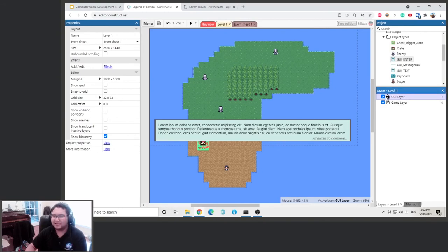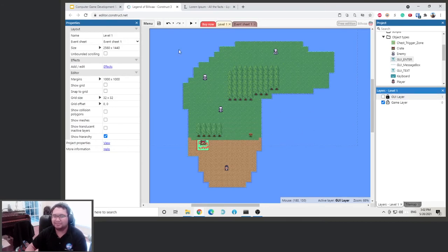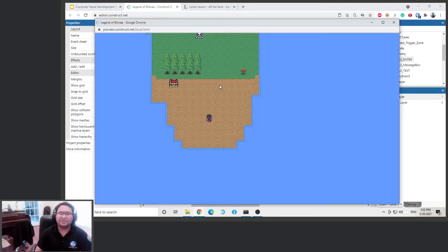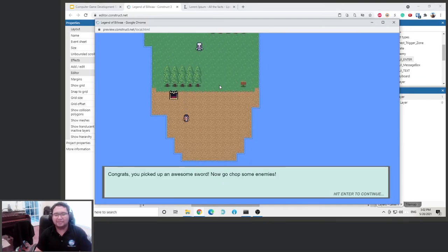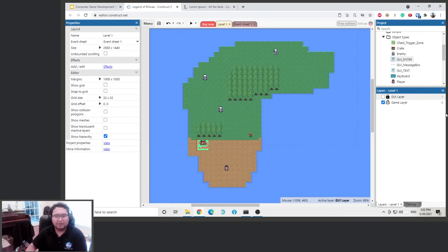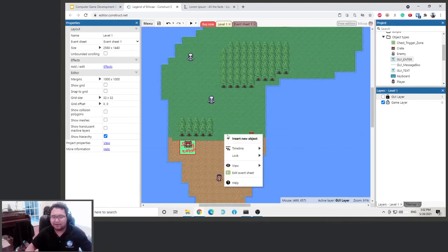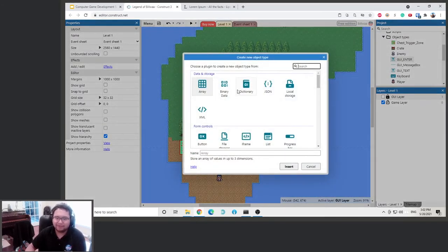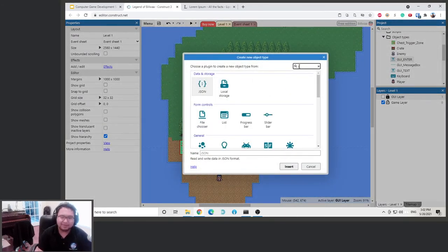So let's lock this and then click uncheck. If you uncheck this, it will make this disabled for now, so you can't see it. But it's still there. It's just that it's not in the way. And when you lock it, you can't move stuff around. Okay, so let's make another trigger zone right here. When we walk close to the sign, it will give us a warning message. So let's add a new sprite